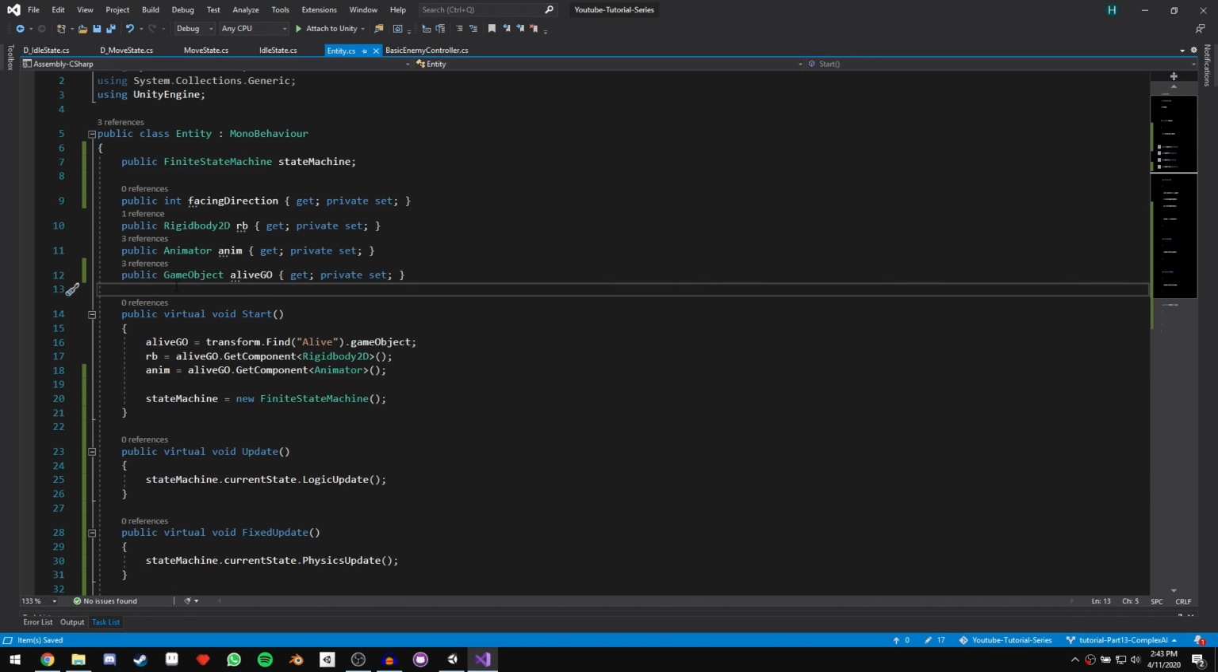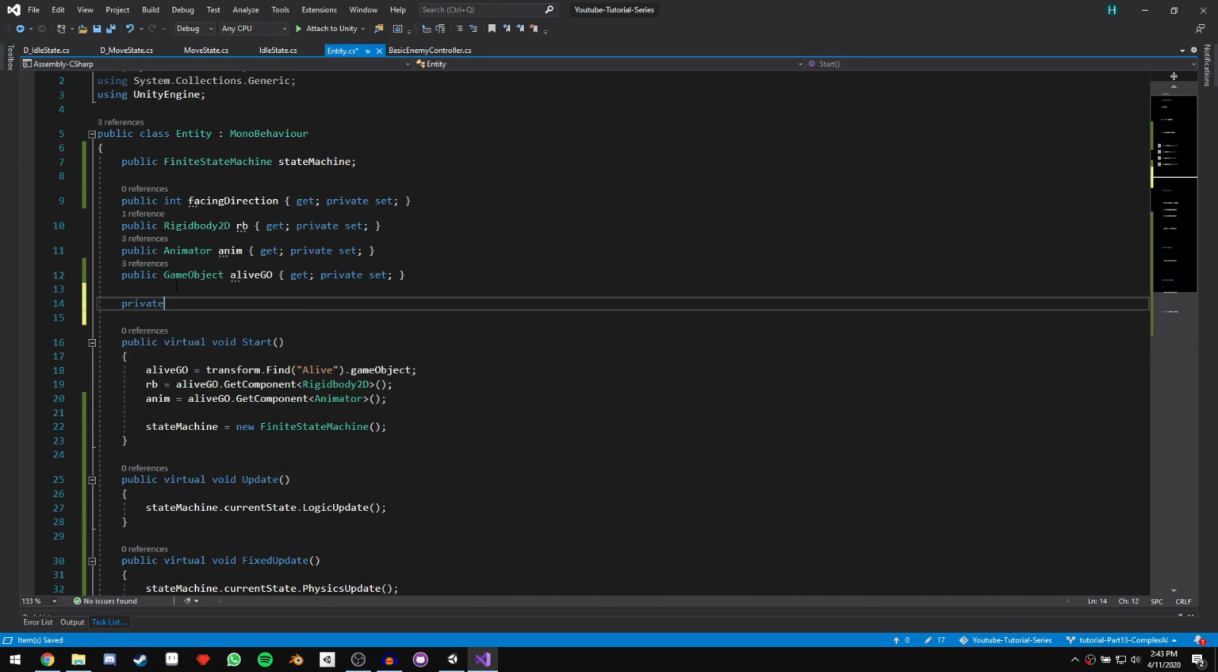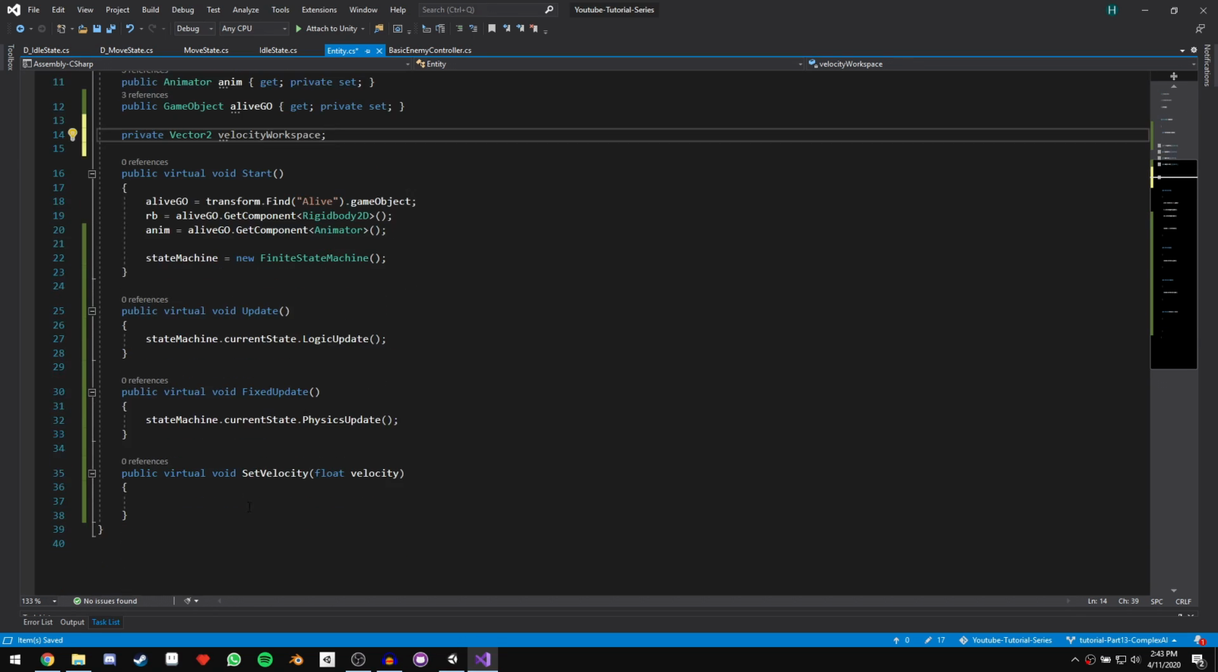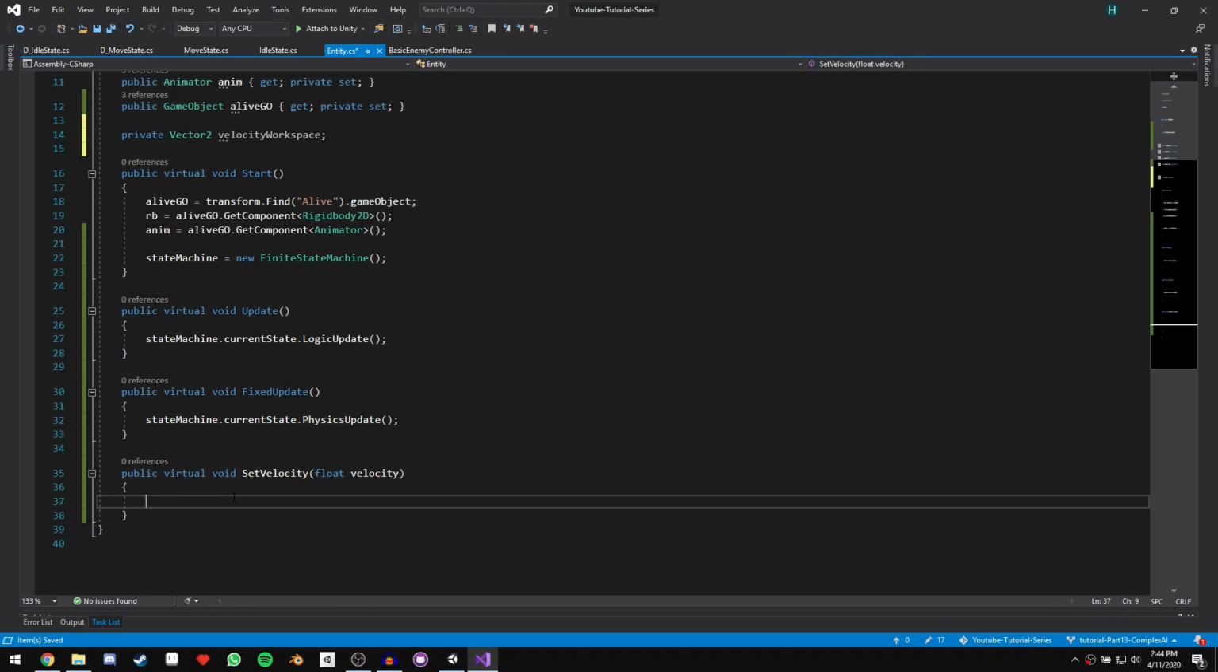Next, I'm just going to declare a private variable, and it's going to be a vector2, and we're just going to call this velocity workspace. And we're just going to use this whenever we want to create a vector2 that we need to set somewhere. So instead of creating a new vector2 every time, we're just going to change the values of this workspace. So in our set velocity function, we can start off by saying velocity workspace dot set, and then for